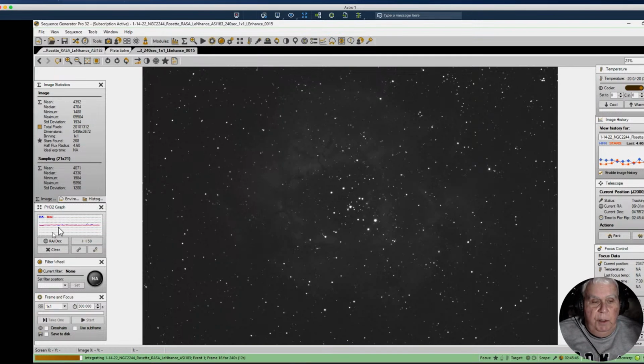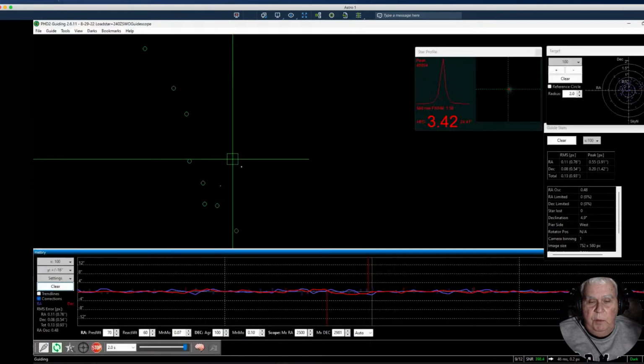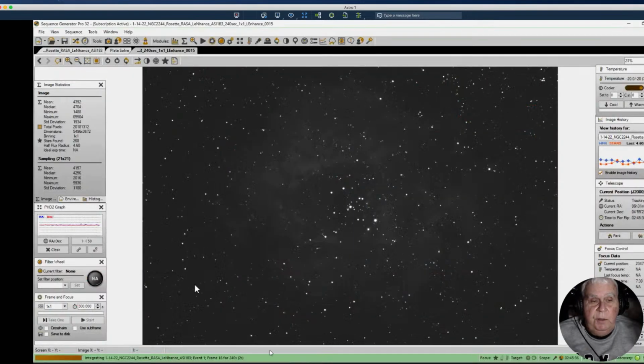This is also a graphic of my PhD guiding, so I really don't have to go back and forth. I do, but I don't have to. This is a miniature view of the same graphic. My mean has dropped down from 6,500 when I started,